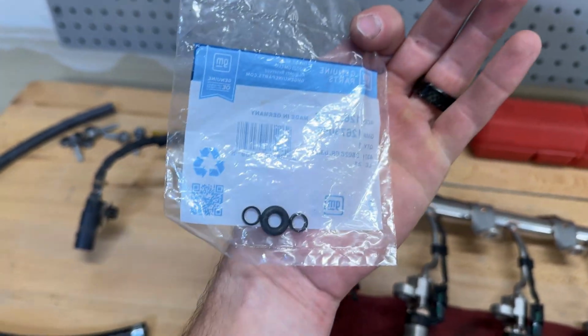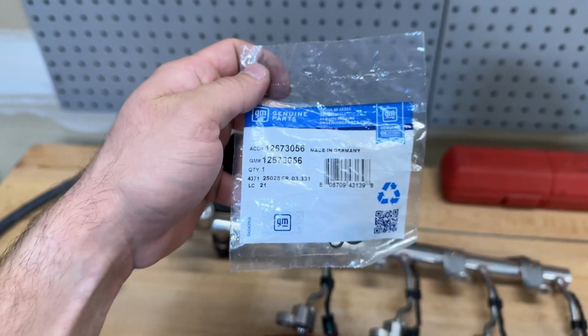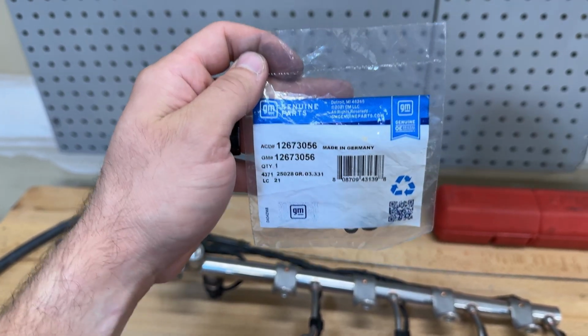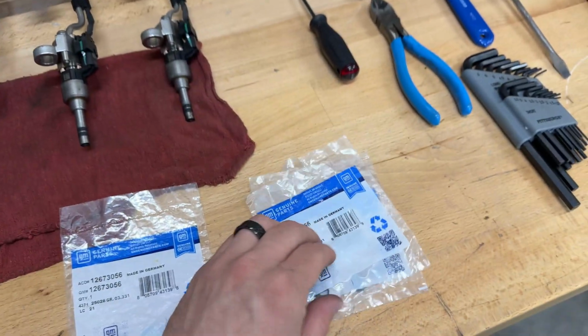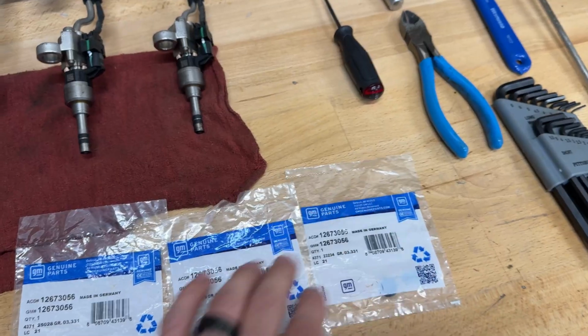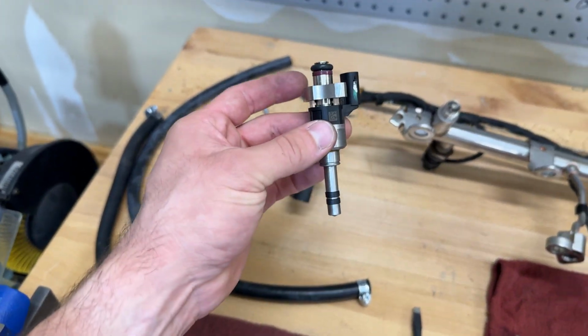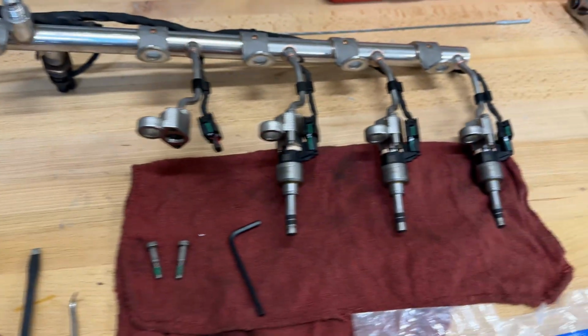So this comes with your O-ring and two Teflon seals. And that is the part number there from GM. And this cost $26 just for this one little baggie of seals. So when you get 4 of them, it was $120 after taxes. So I already went ahead and installed these on this one. As you can see,